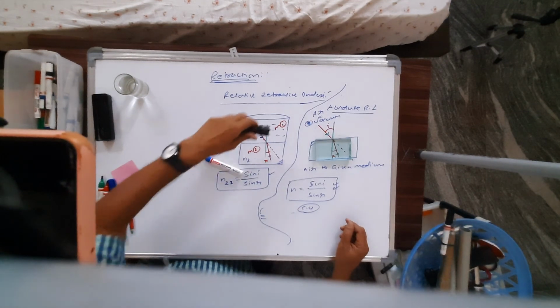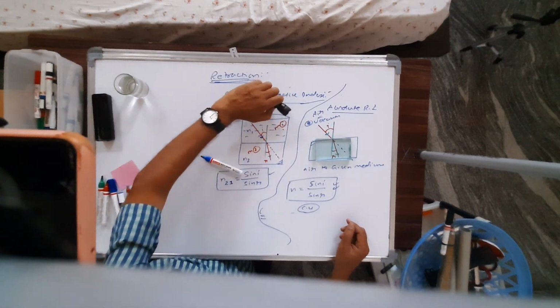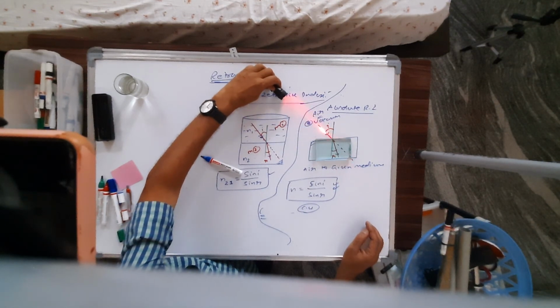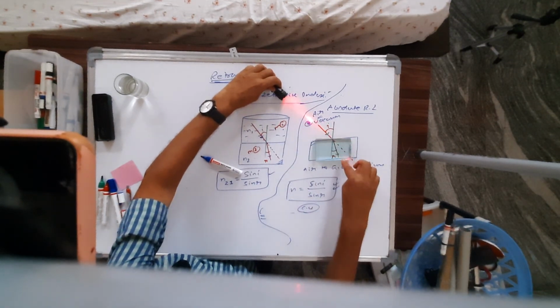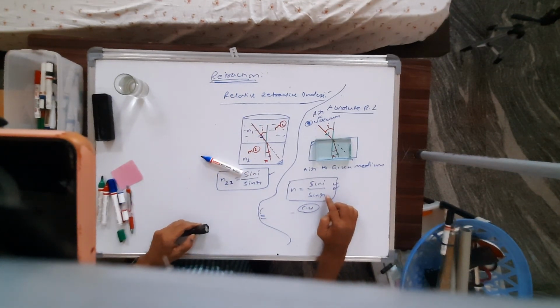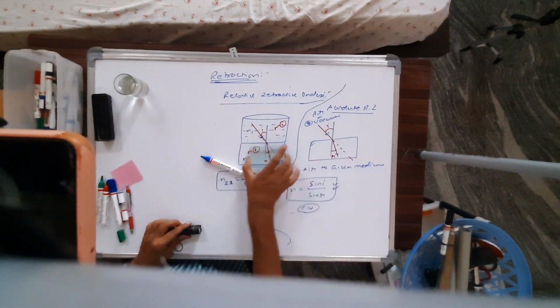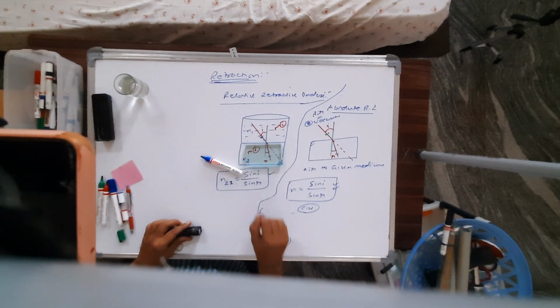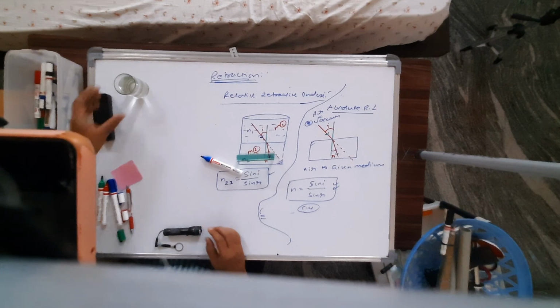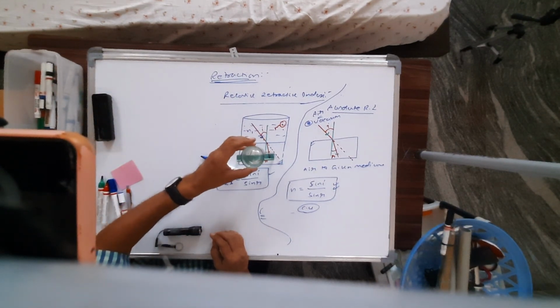Now just observe, if a ray of light travels from air to the given medium, here there is a laser light, you are able to see. If it travels from air to the glass slab, then that is called absolute refractive index. On the other hand, consider a glass slab here, and over this glass slab, just consider water in a beaker like this. Observe, take water in a beaker like this.